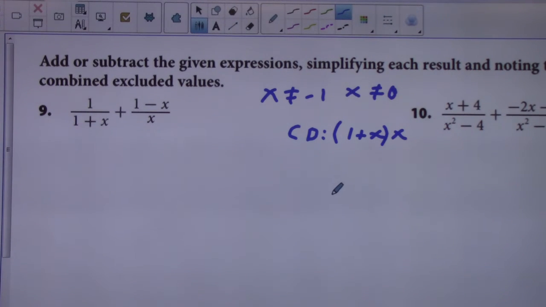Yes, we have a common denominator, okay? And you can always get your common denominator by multiplying the denominators together. You always have it. There's also something called a least common denominator, which is that maybe you don't need quite everything multiplied together because sometimes those denominators have something in common already. But we're going to get into that later. So now we're going to rewrite this to common denominatorize it. So we have 1